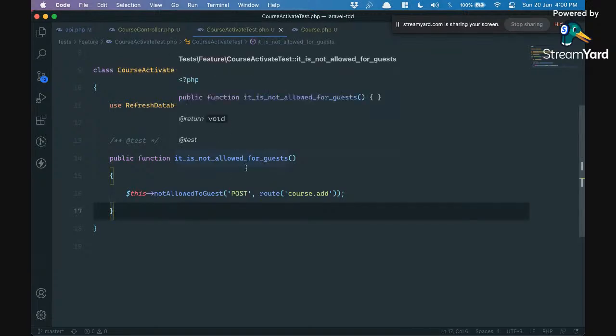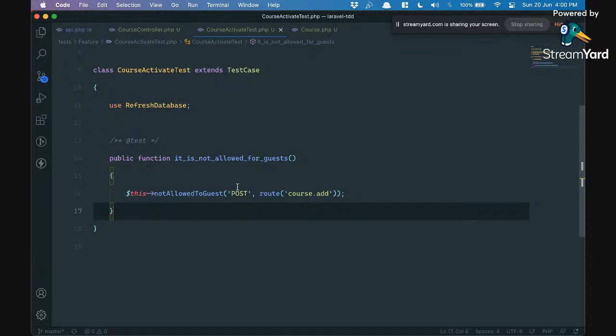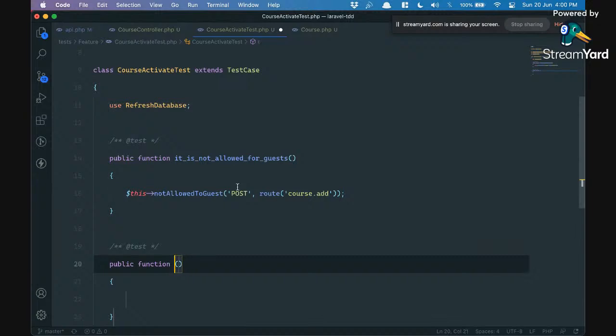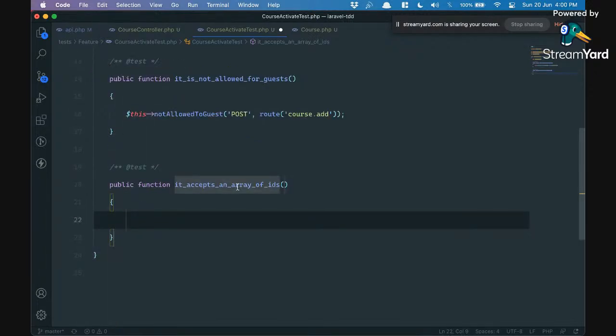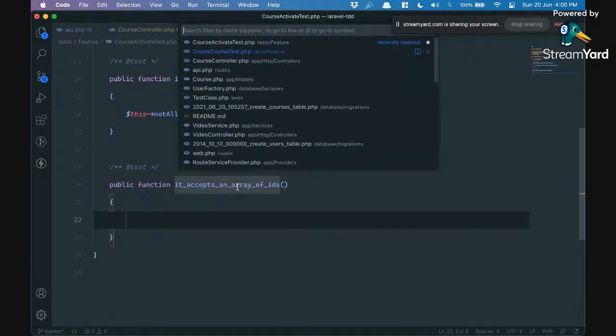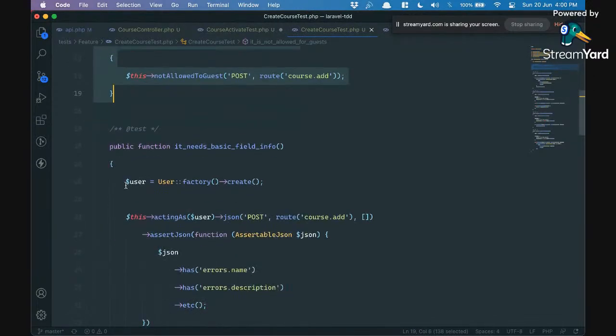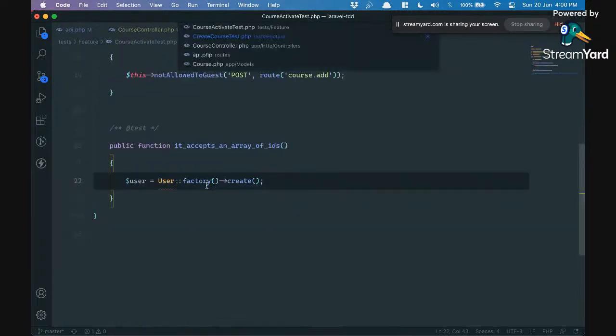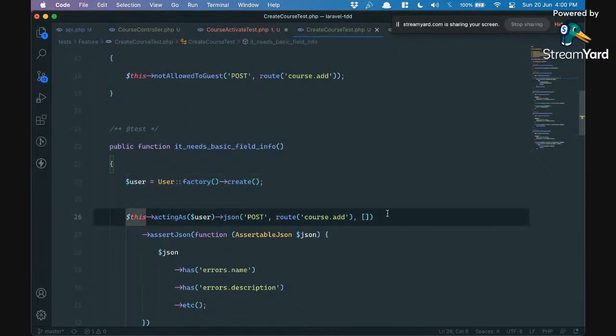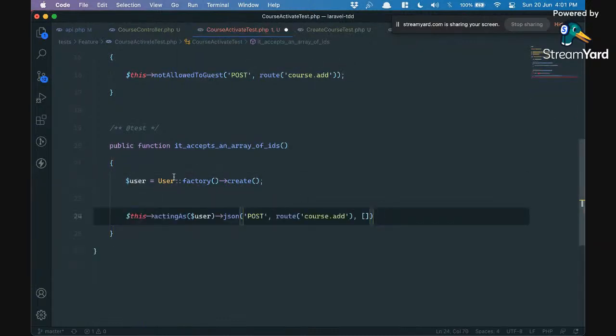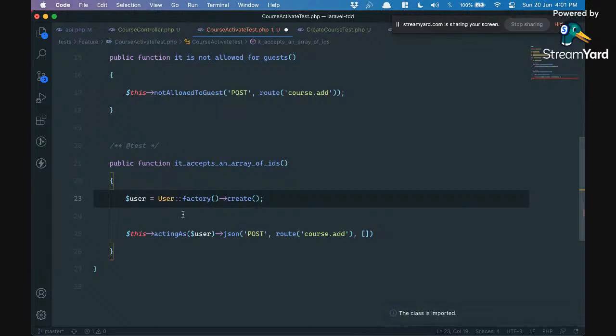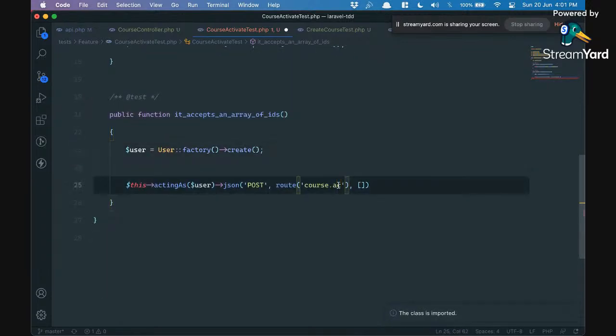So I have one test which ensures that it is not for guests. Now it should accept an array of IDs. Time to steal some code. Create a user. And then this. Okay. Import the user class. Of course, activate. And